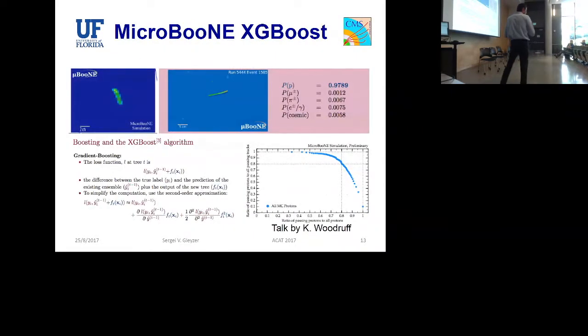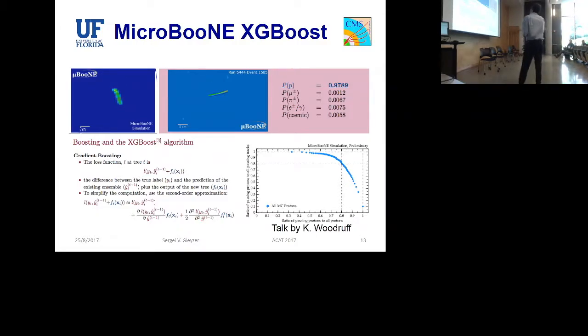Now, up to now, you say, well, it's mostly just deep neural networks. It's not really the case. There are other algorithms which have been powerful and used as well. So for example, this XGBoost algorithm, which is more relevant to boosted decision trees, was an application shown by Microboon when looking, again, at a multi-class setup, which is really something which you see here and again. So as opposed to training a single algorithm, and algorithms to do specific things, when you have multiple classes, you can actually make one model to do it.